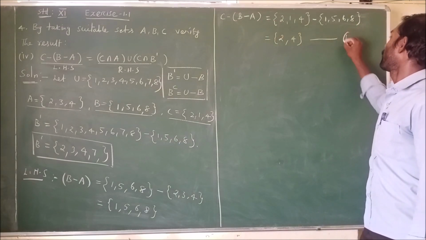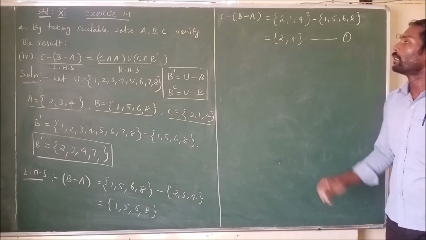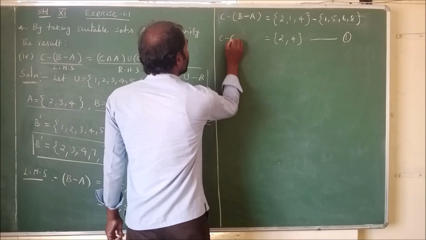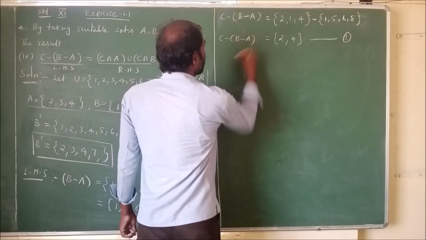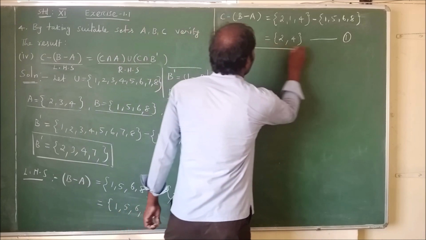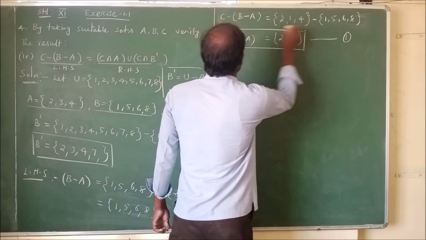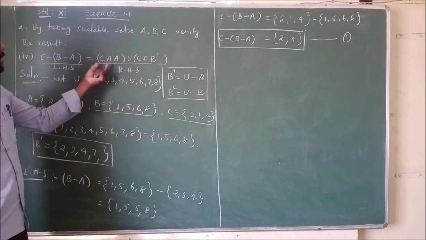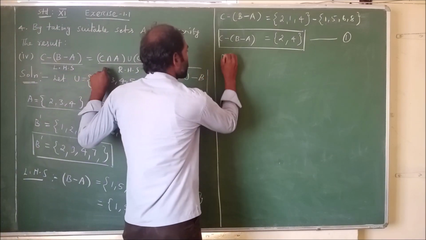This one is equation number 1. Is that clear? Equation number 1: C minus (B minus A) is 2, 4. The second one is the RHS term. So for the RHS term, we have to find